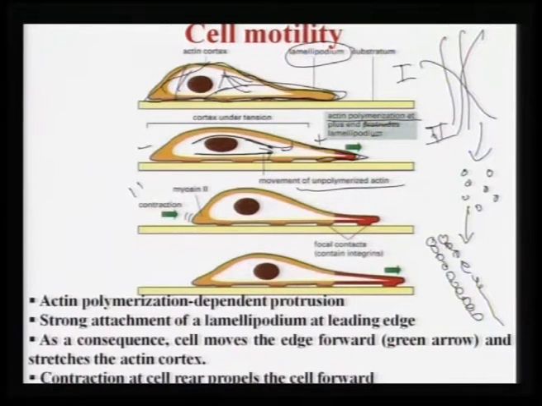Now, in the third stage, at the negative end here, there is some contraction. From this point to this point, you can see there is some contraction. This contraction takes place because the focal contacts are established here. Which are the focal contacts in this figure? This is focal contact 1, this is focal contact 2, this is focal contact 3, and this is focal contact 4. This red shaded area you notice here is the new actin repolymerized area. Here again you have focal contacts 1, 2, 3, and again focal contact number 4 has been established.